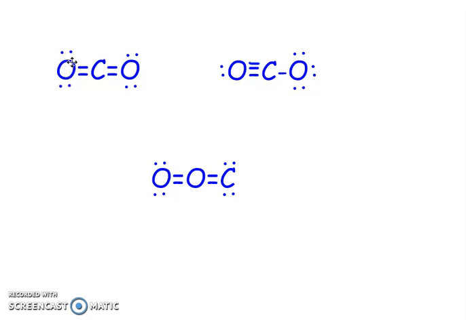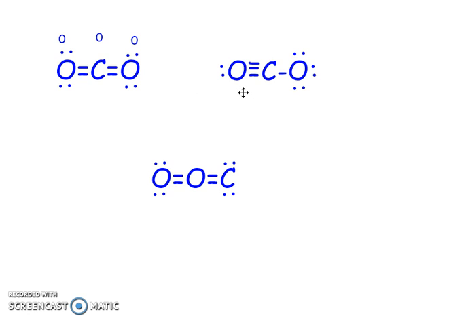Here there are 4 non-bonding electrons on the oxygen and 2 bonds. So 6 minus 4 minus 2 gives me a formal charge of 0 on that oxygen. And this oxygen is identical, so that one is also a formal charge of 0. Carbon has 4 valence electrons, minus no lone pairs, minus 4 bonds. 4 minus 0 minus 4 gives me 0. So this diagram has formal charges where everything is 0, so we know that this is going to be the